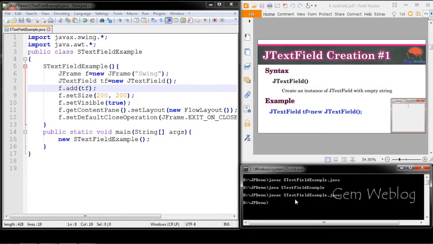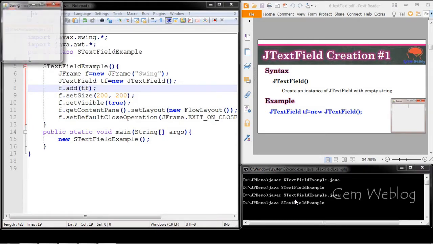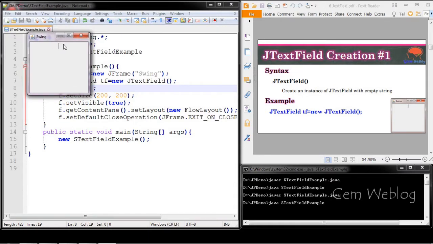Now I have compiled it and am executing it. Now you can see the text field that appears on the frame, but the size of the text field is set to 0 since we didn't assign any text into it, and also we didn't assign the size of the text field, so it will be set to 0.